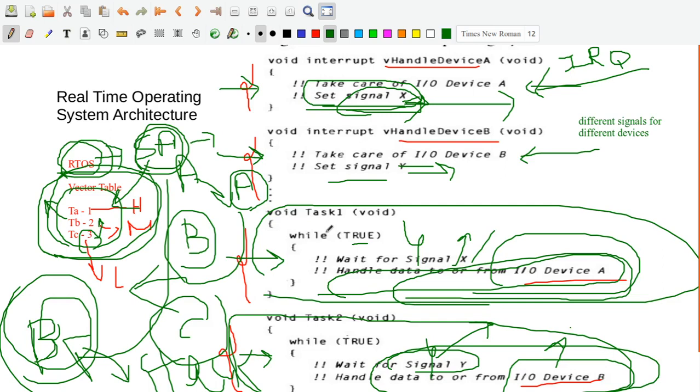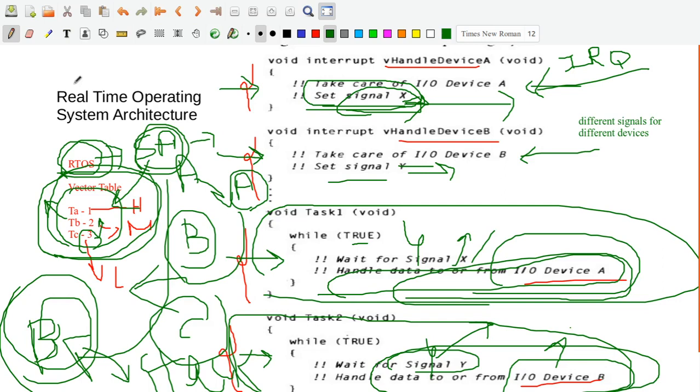So the overall picture is that RTOS is one of the beautiful, and of course very complex, architectures which is used to handle real time tasks, tasks where deadlines have to be met and where the response is very critical. Those kinds of tasks are handled by the real time operating system architecture.